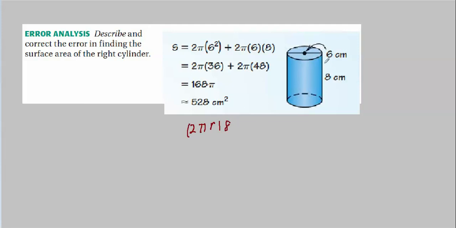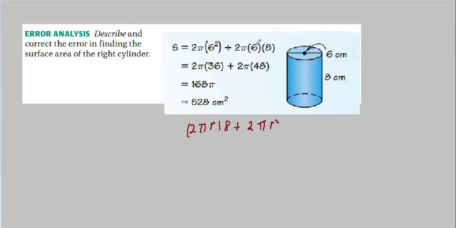That'll give us the surface area of the large rectangle that makes up the body of the cylinder. Now the top and the bottom, well, that's just 2 times pi r squared. So let's see what they did here.